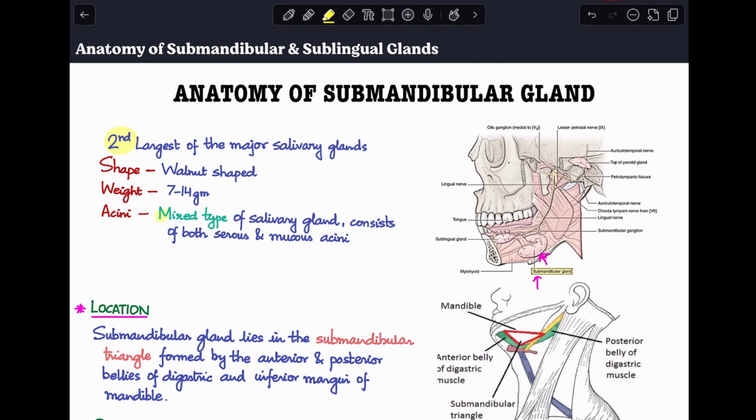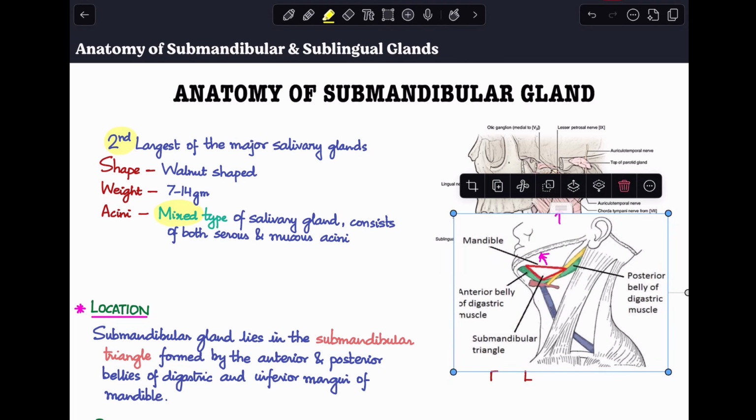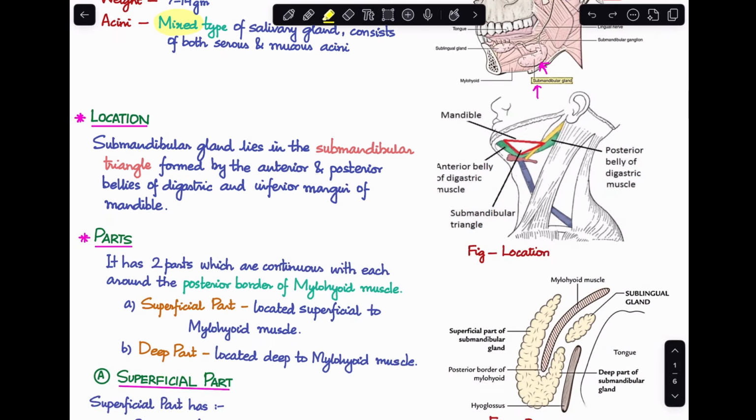And this is a mixed type of salivary gland which consists of both serous as well as mucous acini. We saw earlier that the parotid gland was typically a serous type of acini only, whereas the submandibular is mixed, containing both. Now, coming to its location, we can see that the submandibular gland lies